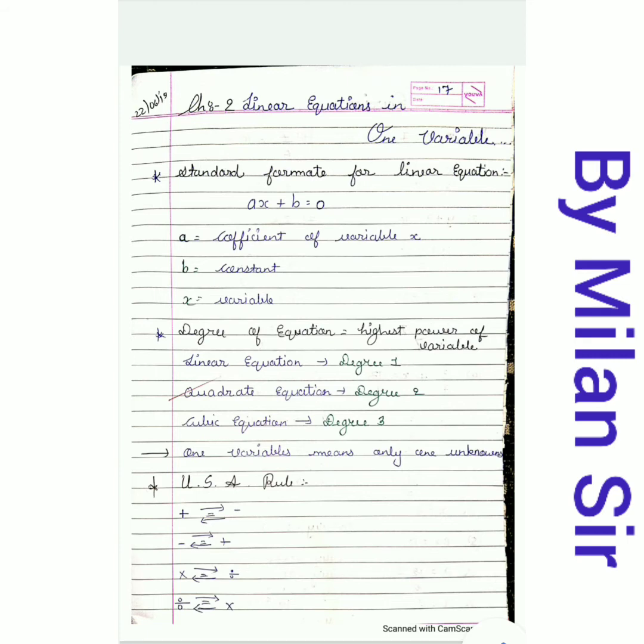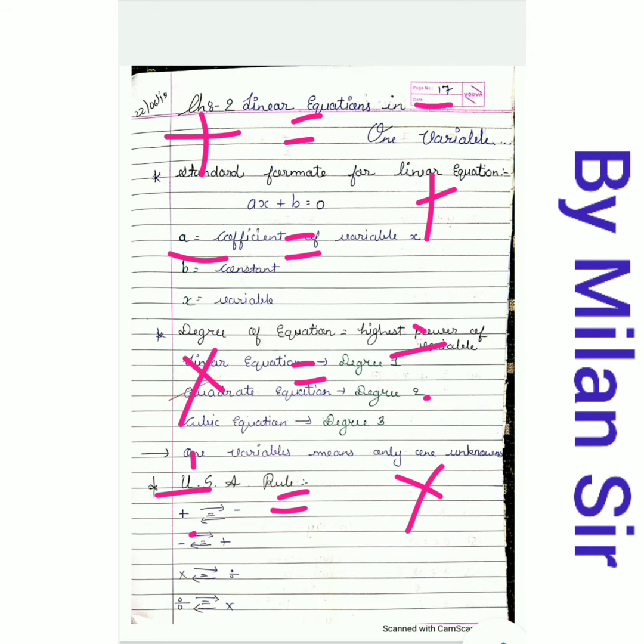So if in a question it is asked to find the solution of a linear equation, that means we need to find the value of the unknown. At that time we need to transfer our terms, or some coefficient, to the other side, and for that we need to use these rules. First of all I have written the rule: plus becomes minus, multiply becomes divide, minus becomes plus, divide becomes multiply, and here is the equality sign. The equality sign is our border.